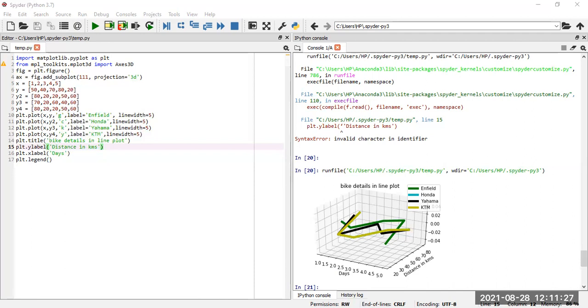So in this particular site also, there is a huge number of programs. You people can go and check, you can see how things can be done. We can subplot the data, we can plot subplots, this can also be done. How to change the size of the figure, anything.